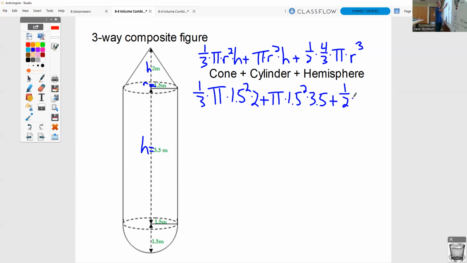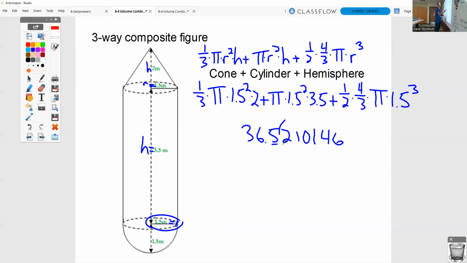Plus 1/2 times 4/3 times pi times the radius of the hemisphere. The radius of the hemisphere is right here. That is another 1.5, so times 1.5 to the 3rd. Is that a lot to have to type into your calculator all at once? Yes, but there's 3 shapes. So just go ahead and type in that whole thing right into the calculator. Don't forget to put in your plus signs. If you do that correctly, you should get